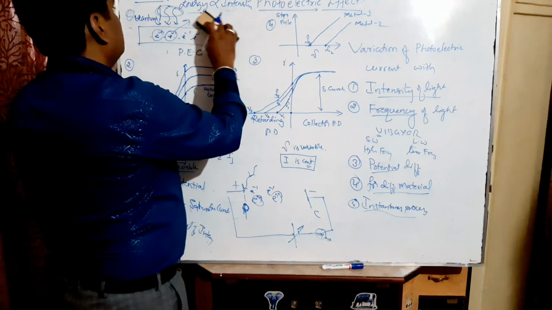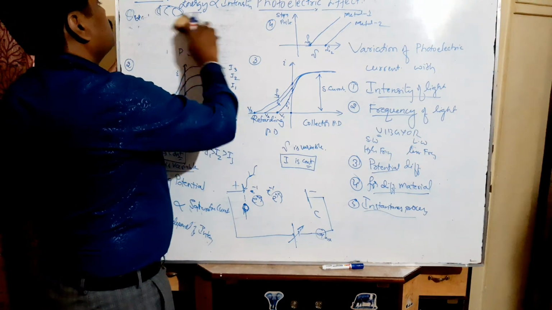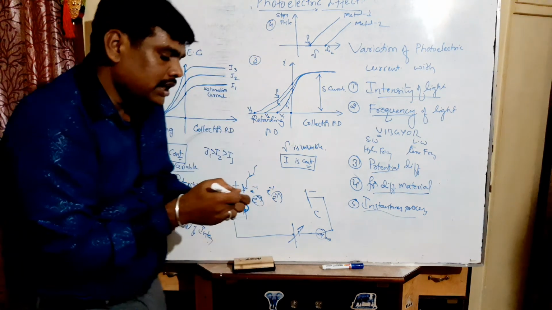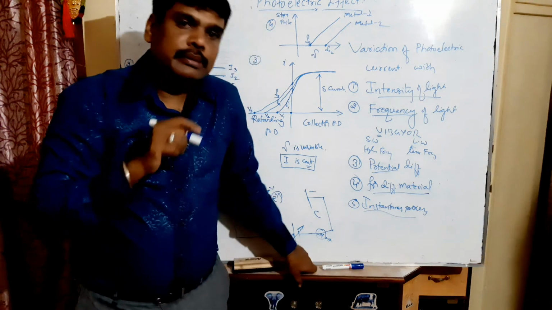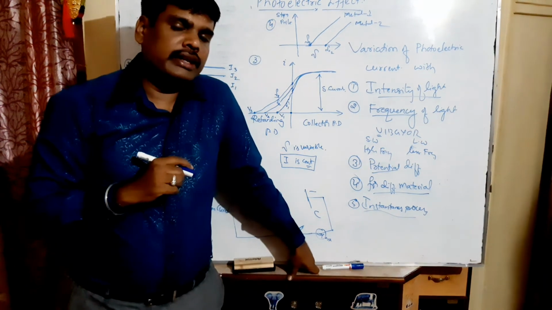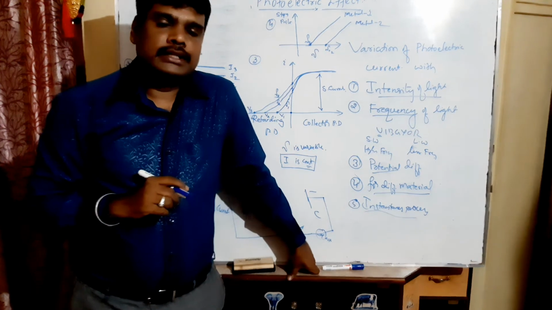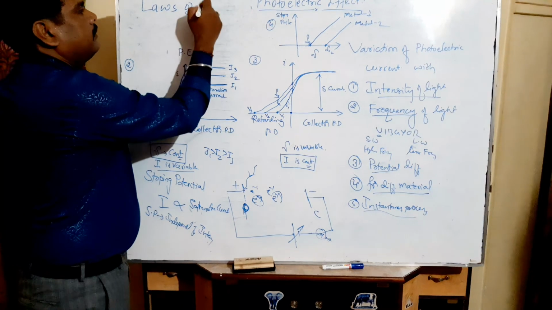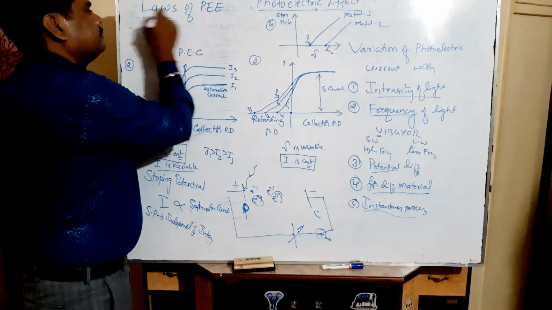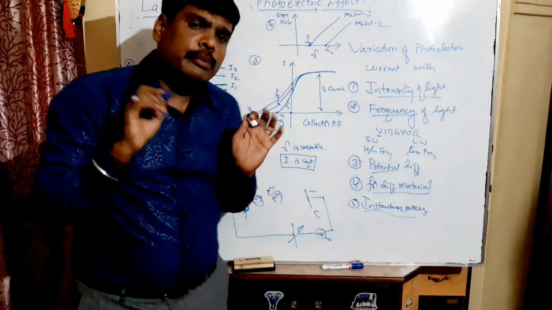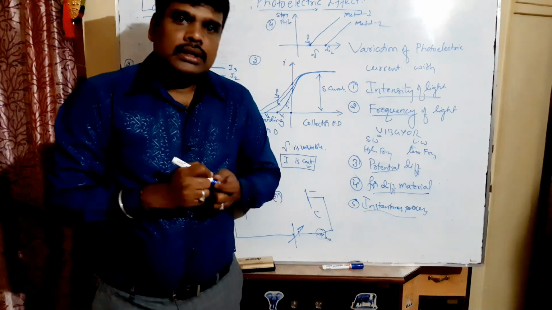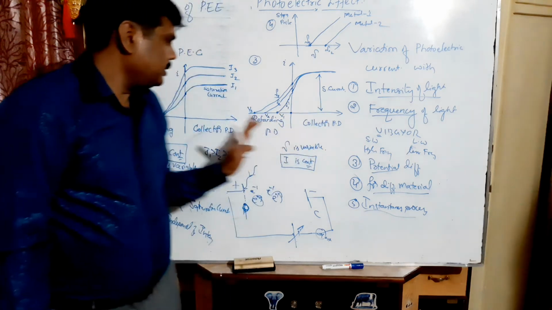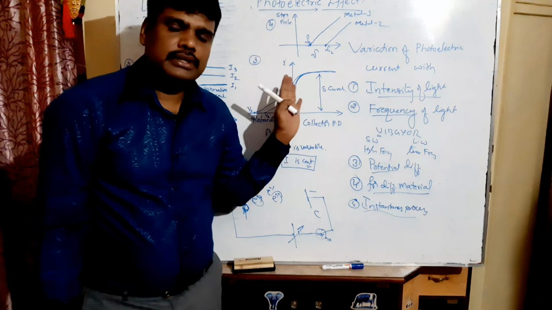I want to tell one important question here. Whatever experimental observations were made have to be listed separately. That list of experimental observations in this topic, we name it the laws of photoelectric effect. So, five marks, a very important question. In the examination, they will ask you to write the laws of photoelectric effect. It is very simple. You have to write all five experimental observations.